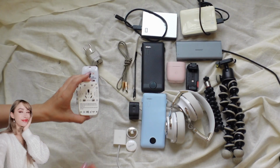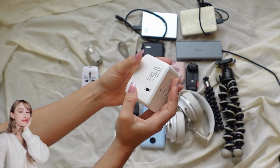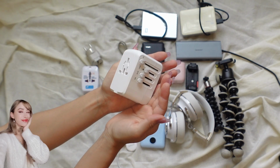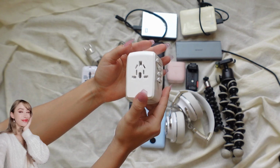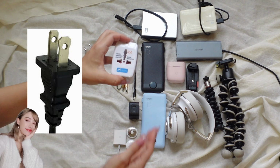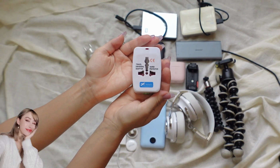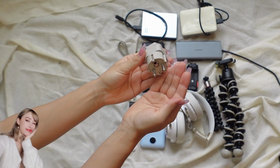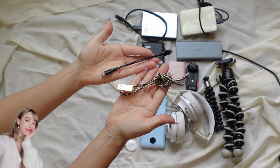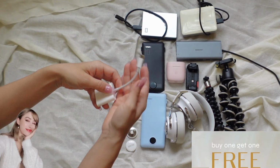I also brought 2 converters and adapters. Now in Japan, if your technology is dual voltage, then you most likely won't need this, but the Japan outlets don't allow plugging in US adapters that have a larger end. So make sure you bring these if one of your cards has a larger end than the other. Then we are also heading over to South Korea for a few days, so I brought my South Korea adapters as well. Of course, bringing all the cords that I might need to plug in my device and this SD